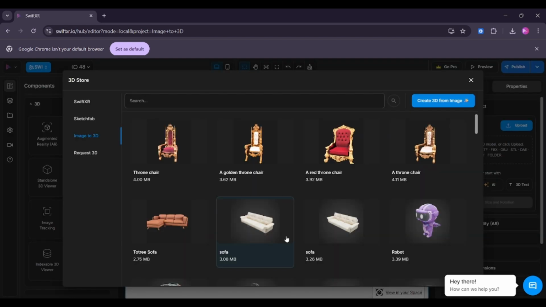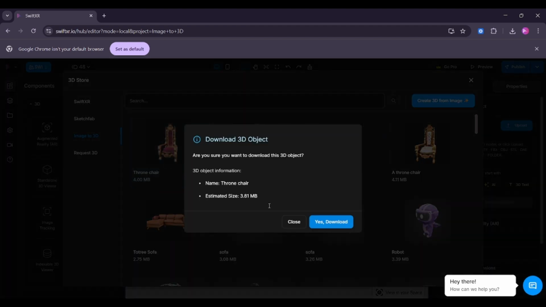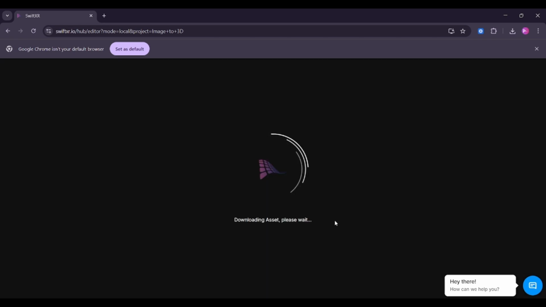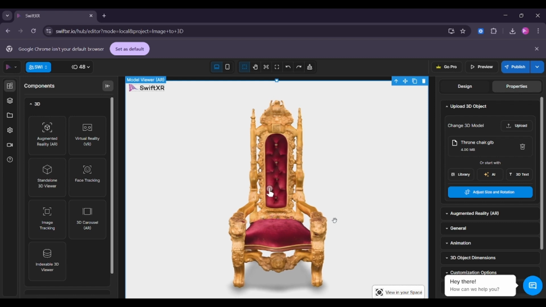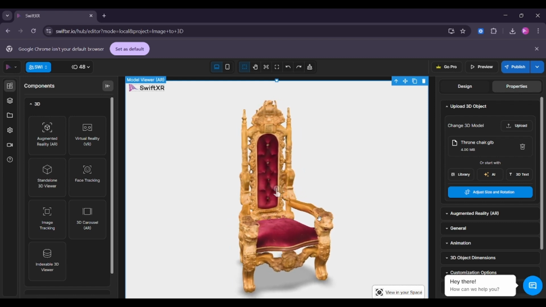Now we have our image turned into 3D. Let's just click that. Download. And here you have it, as simple